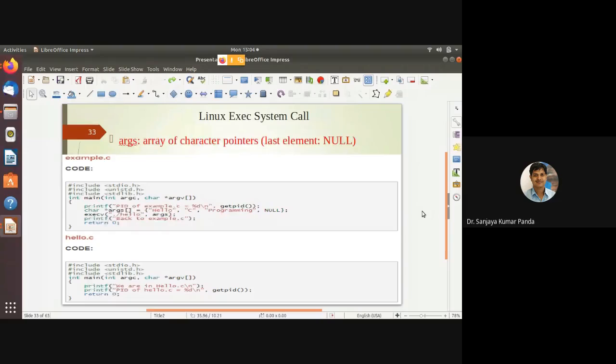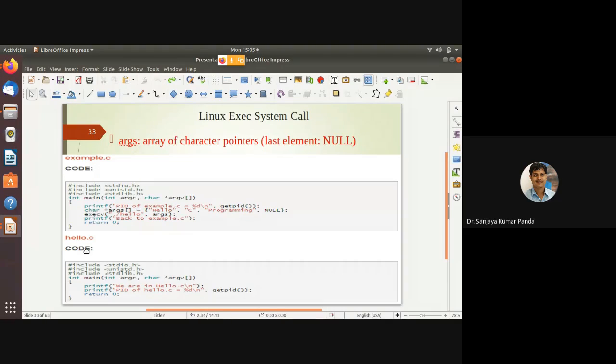Now, you try this particular program. Here we have two programs. One is example.c, so you have to create one example.c file. Another is the hello.c file, which is called inside example.c.